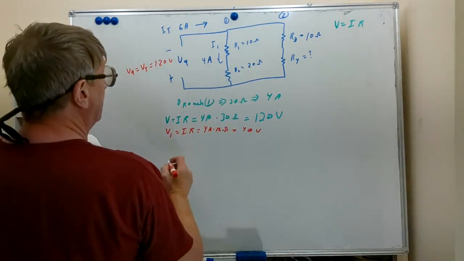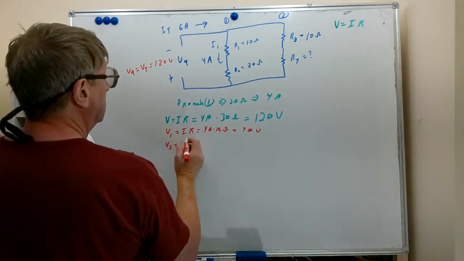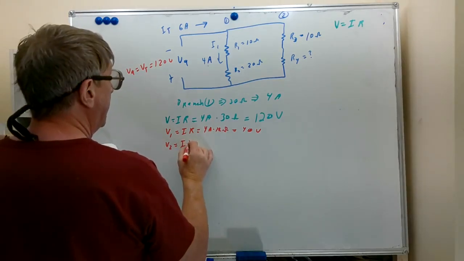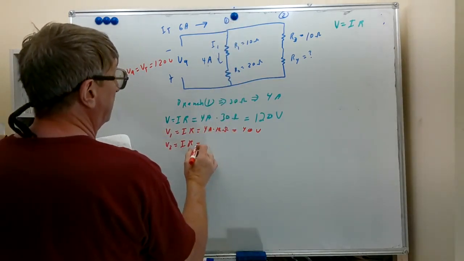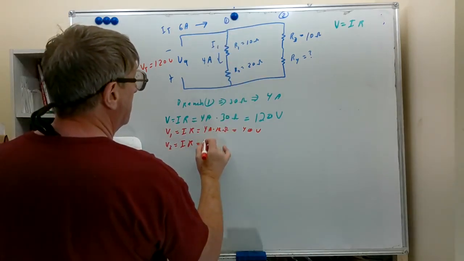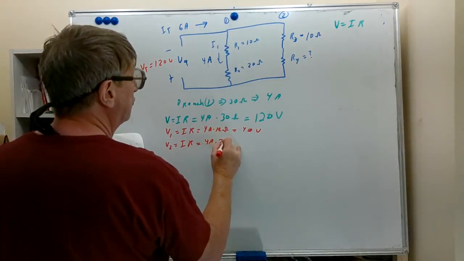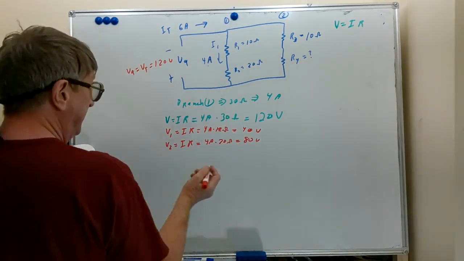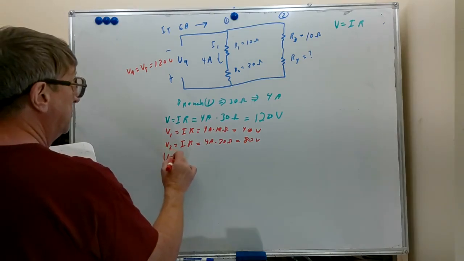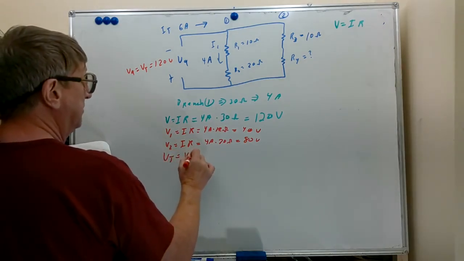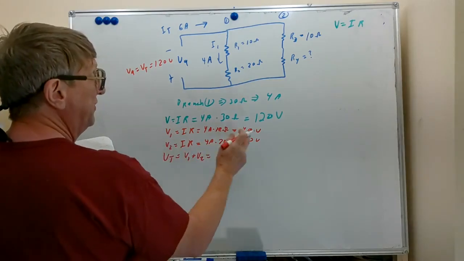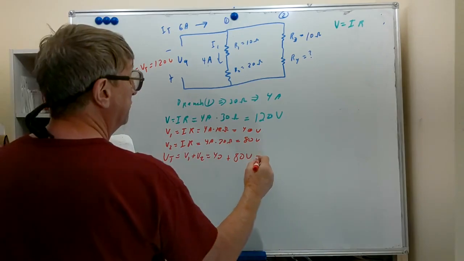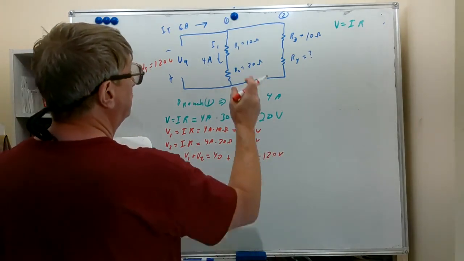We could do V2 for the voltage across the 20 ohm resistor. I times R again. Same current, series circuit. Current same everywhere. 4 amps times 20 ohms gave us 80 volts, and VT would equal V1 plus V2, which would equal 40 volts plus 80 volts equals 120 volts. So we found two different ways